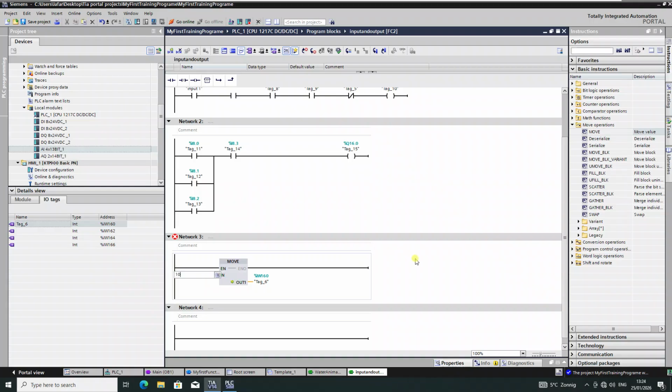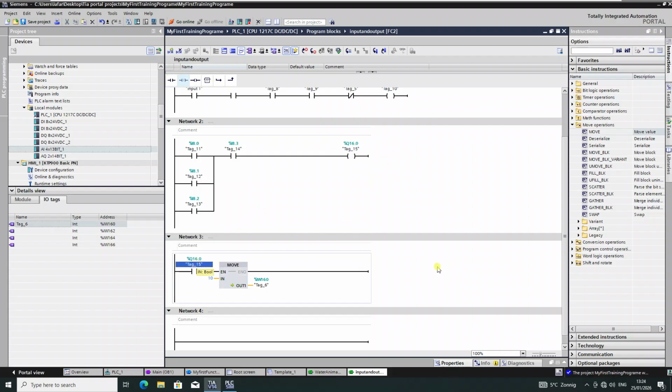Here I will put 10, and here I will also put this tag number. Okay, so when this output is activated or becomes true, the logic puts 10 to the analog input